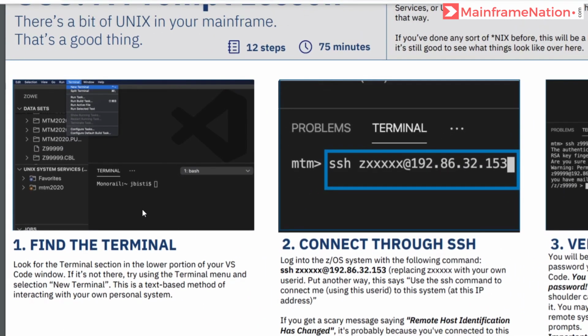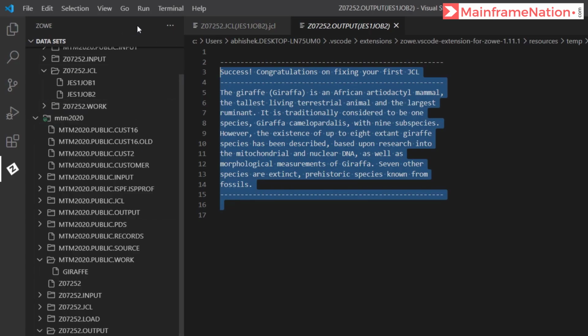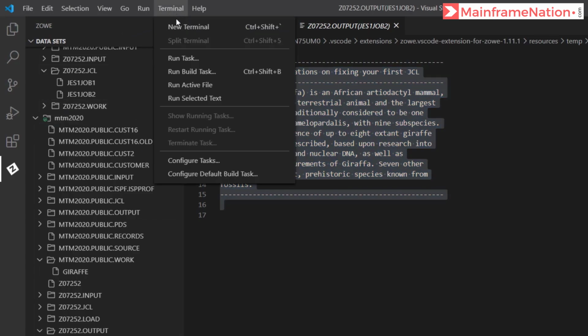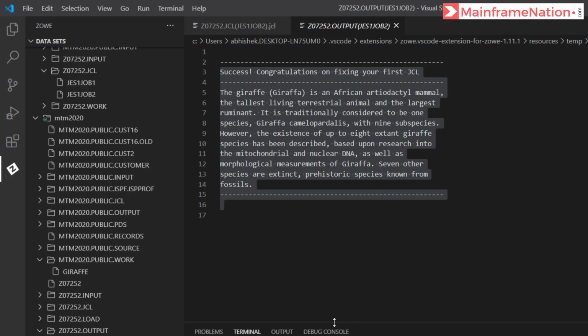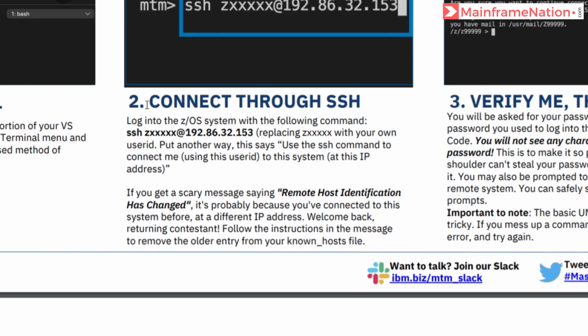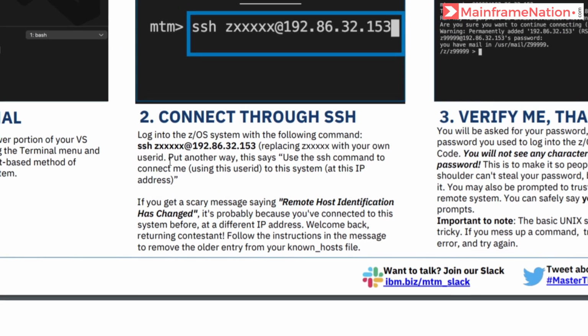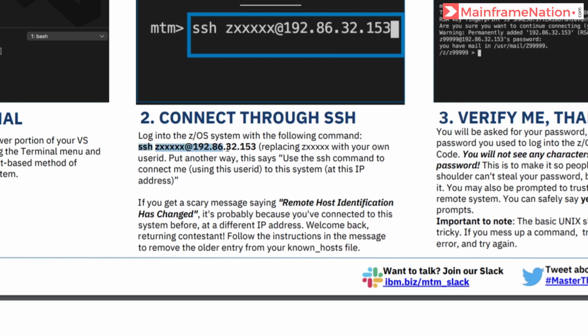Let's complete step 1, which is to open a terminal. Go to your VS Code, go to terminal and click on new terminal. And it will open a new window like this. Next we have to connect using SSH. We have to give this command SSH, user ID and the IP address.